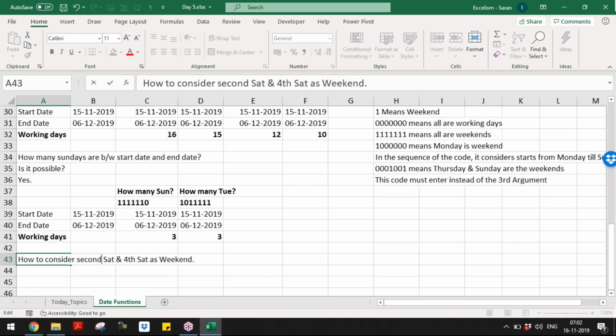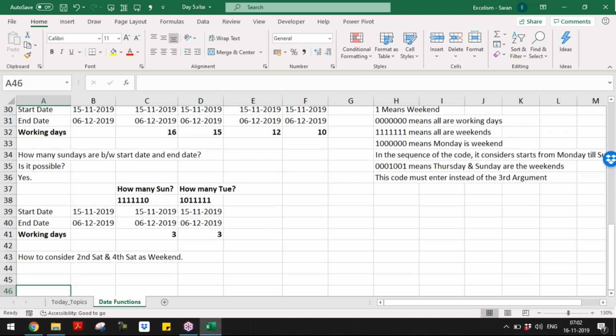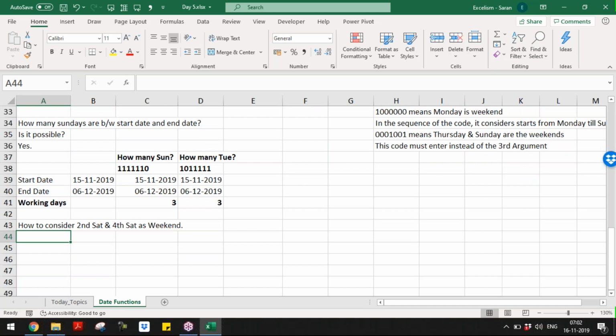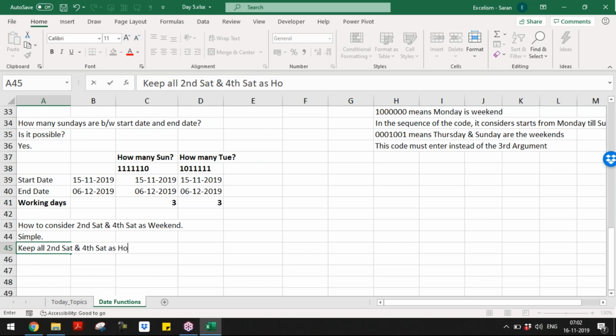Do you agree with me? How to consider second Saturday and fourth Saturday as a weekend? Simple. Keep all second Saturdays and fourth Saturdays in the holidays list. That's all. Both are the same, right?